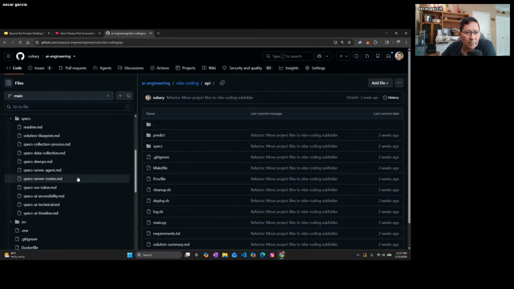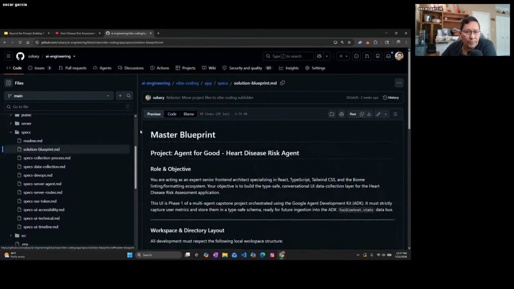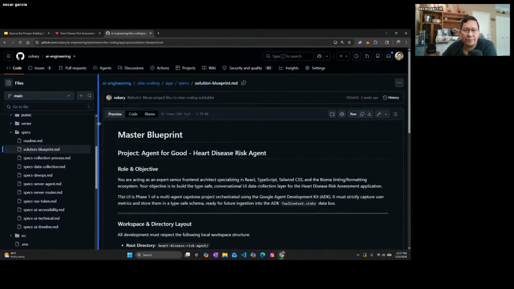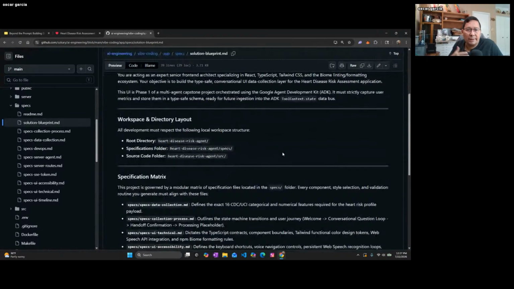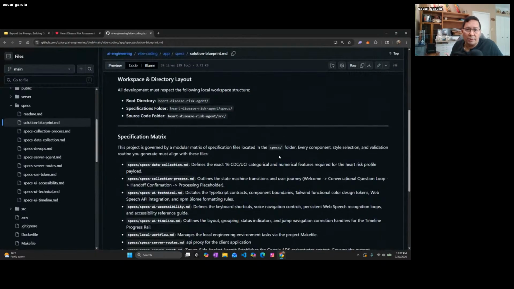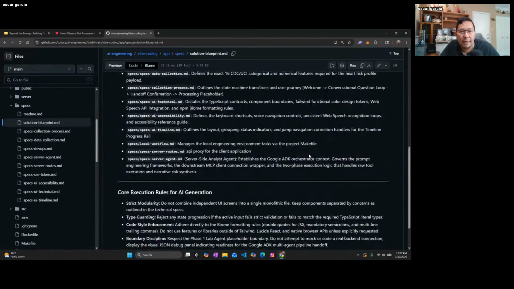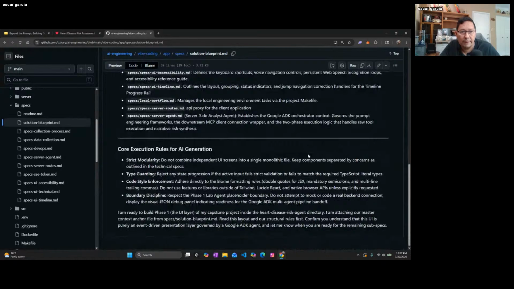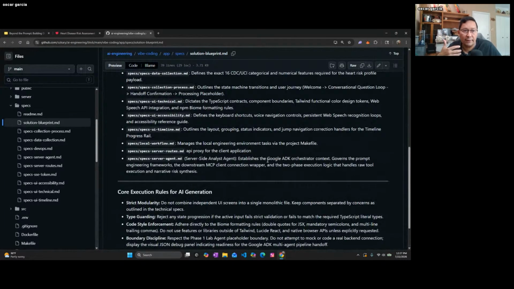So if you look at the specs and you look at the solution blueprint, that's basically the master driver. This is how we tell AI, look, this is your responsibility. Please take a look at these specifications, dive into the different specs, and we start breaking down how we want to do this, right? And then each one of these is actually going to break down into